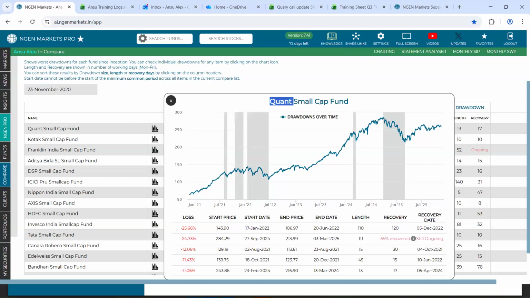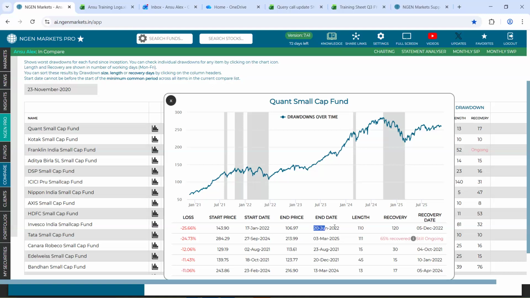Talking about Quant Small Cap, the explanation is that the loss, which was to an extent of 25.6%, had the NAV of 143.9; this started falling and it reached a level of 106.9. The duration of this loss was 17th Jan 2022 till 20th June 2022, which is equivalent to a total of 110 working days of NAV fall.